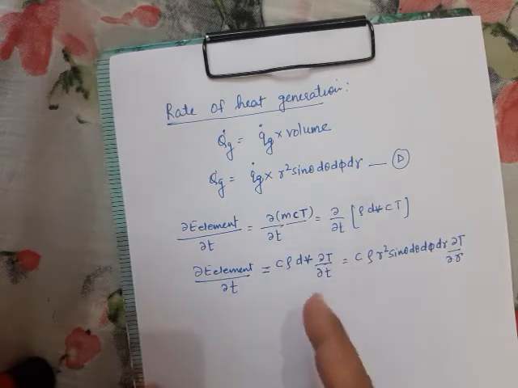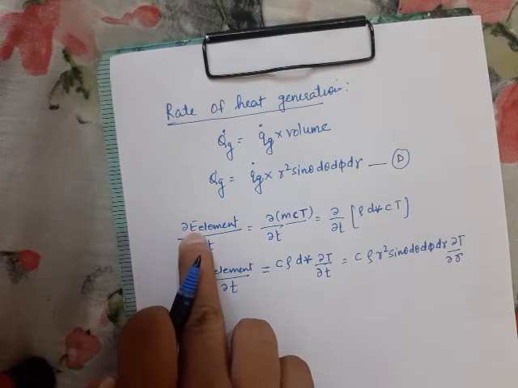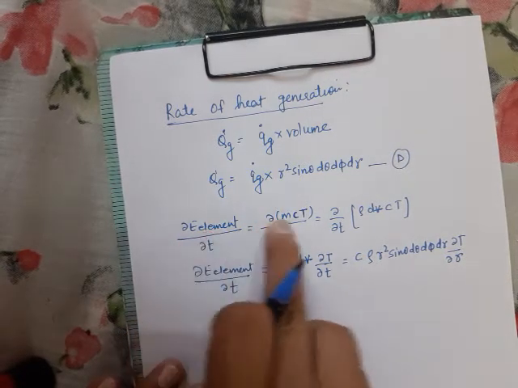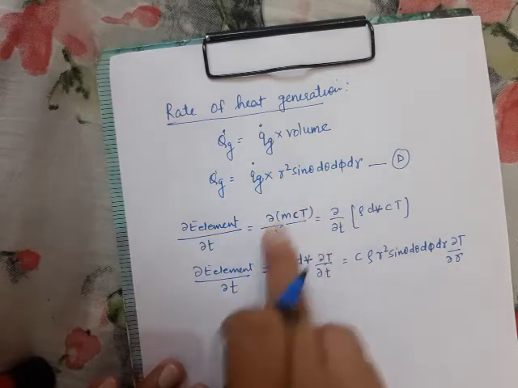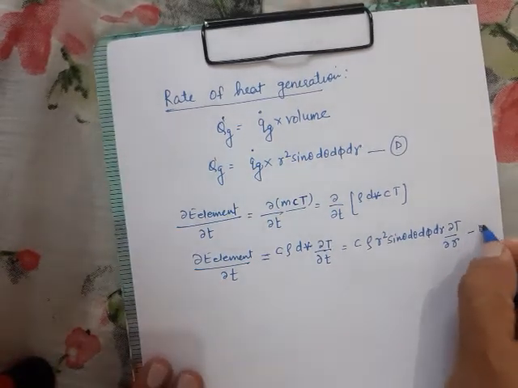Please, this we have done in two cases, the rectangular coordinate system and also the cylindrical coordinate system. So this is not a big deal for you now. I have to take simply the right expression for E. You already know that E is given by mc dT, but that is in differential form. Simply E has been written as mcT. Now it has been differentiated with respect to time. So this is our equation number E.